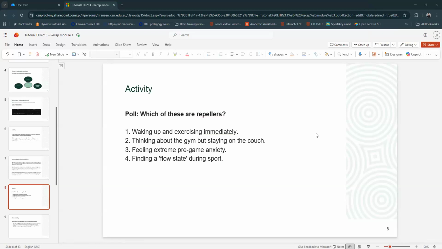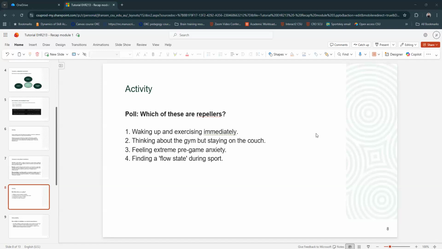Okay, I'll start. Second one, thinking about the gym but staying on the couch. Again, you talked about habits, especially with your motivation and your way of willing yourself to get into habit forming. I think that obviously a lot of people procrastinate, especially when they go into the gym or they start programs, for example. Everyone knows that thing, the New Year's resolution thing. How many times have you seen someone start a New Year's resolution, going to the gym, and they stay there for a month and then they leave?